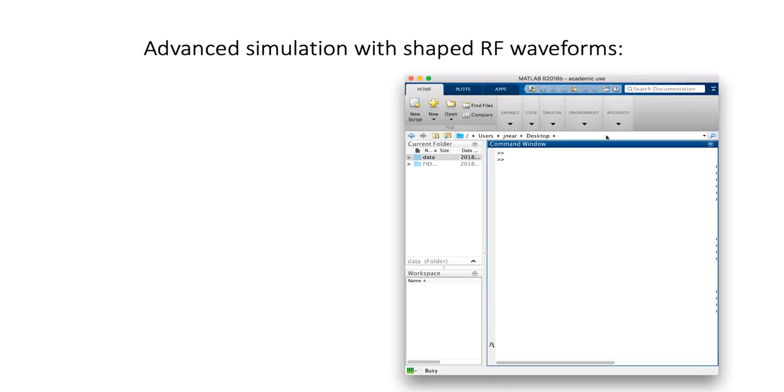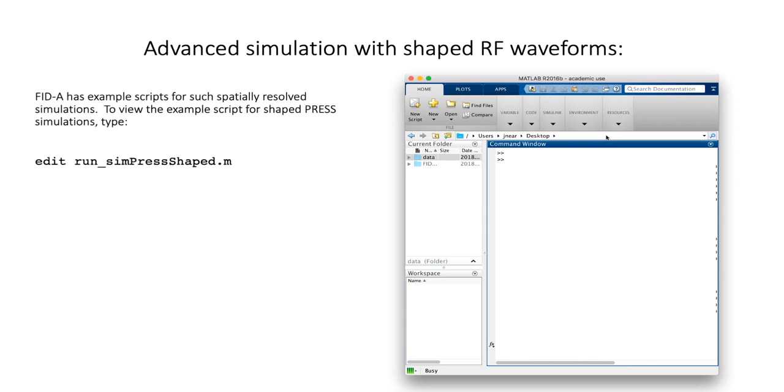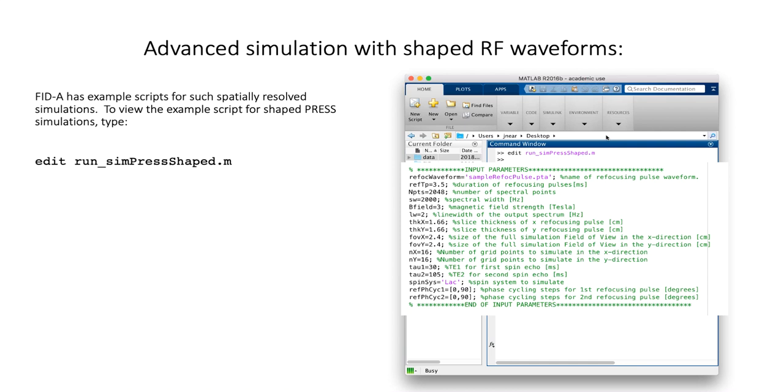For an example of a FID-A simulation function that uses shaped RF waveforms, we can look at the run sim press shaped function. This is a PRESS sequence with shaped refocusing pulses. And maybe the best way to look at it first is to actually look at the code. And what you see is a list of parameters that you need to specify before running the simulation. So the very first parameter is the refocusing pulse waveform, but also you need to specify things like the field strength, the size of the voxel, the